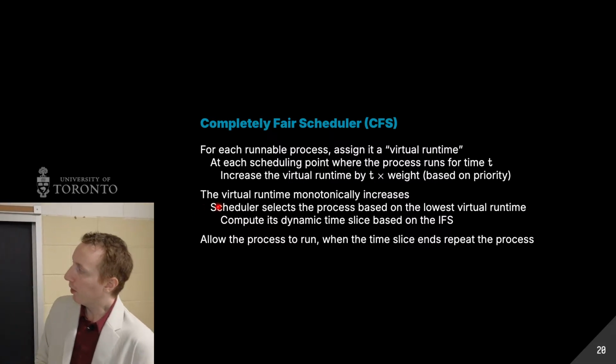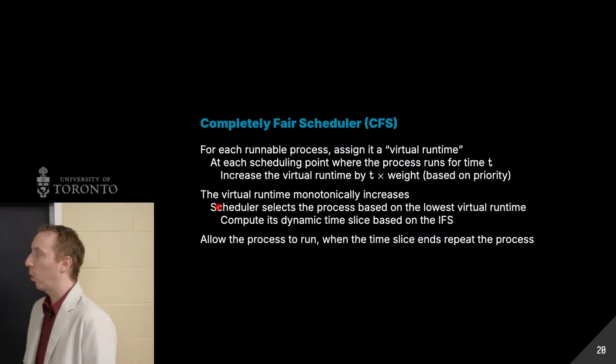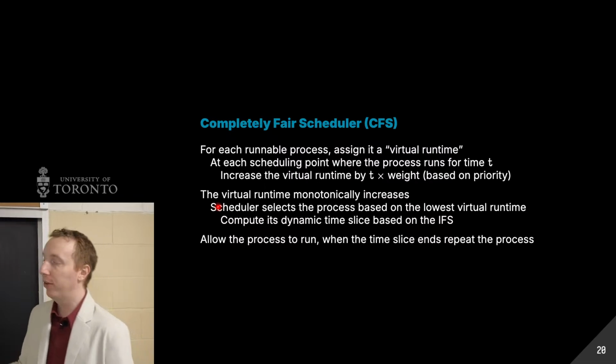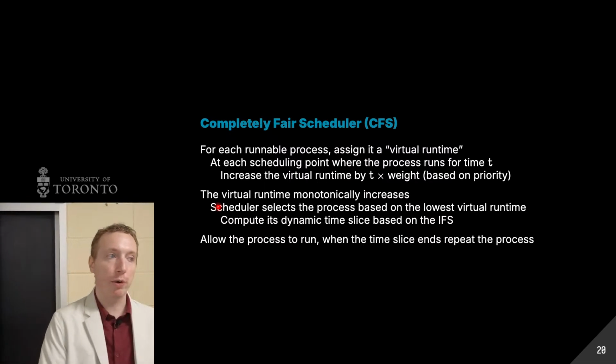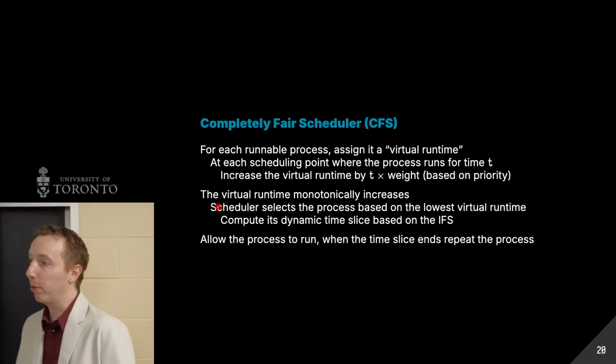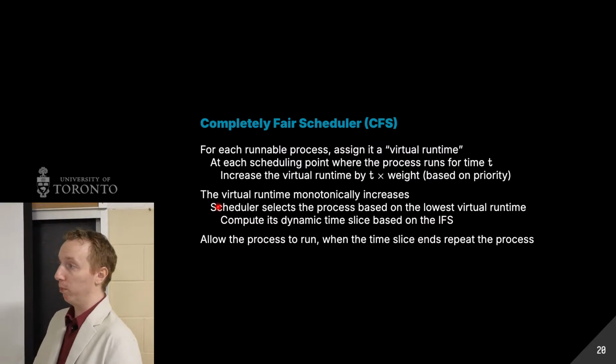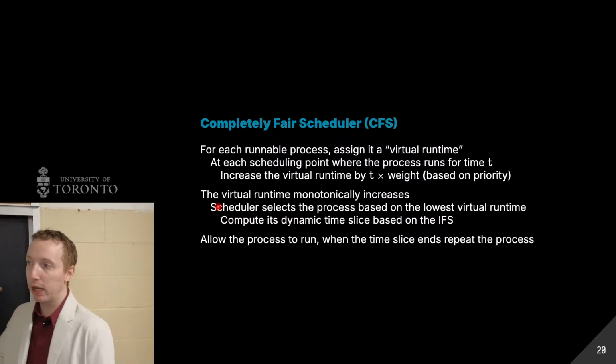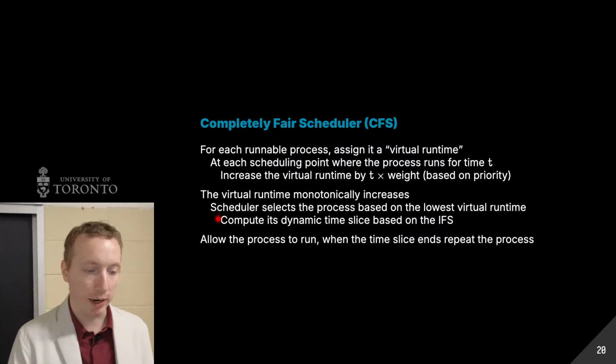So the scheduler algorithm, the decision it makes, is conceptually kind of simple. It just selects a process based on its lowest virtual runtime. So whatever process has not had its fair share of the CPU, we just pick the lowest virtual runtime, and that is the process we are going to run. And then